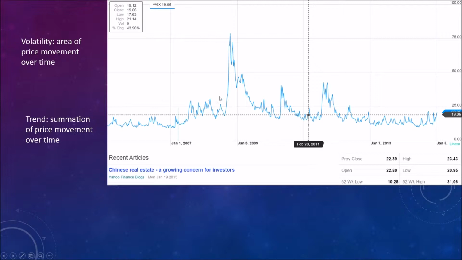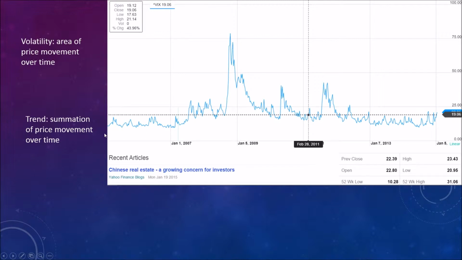So I'll just use the VIX because it's here. Here we can see these little values. If these were like 5 points on the ES or 20 pips on the Forex, you could say, wow, if this was per 5 minutes, you could get a lot of money in there. That's essentially volatility. Trend, on the other hand, is the ultimate direction of price,